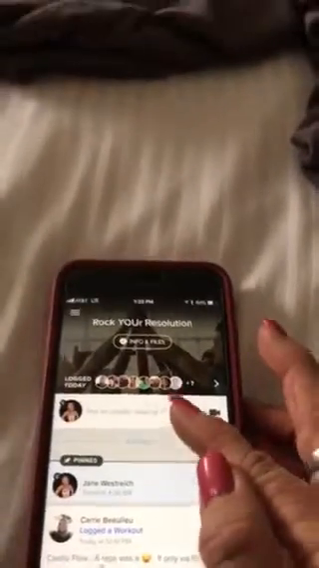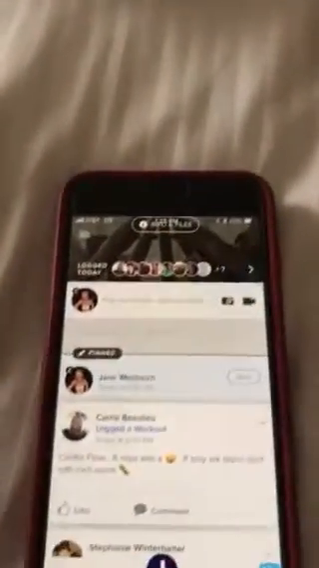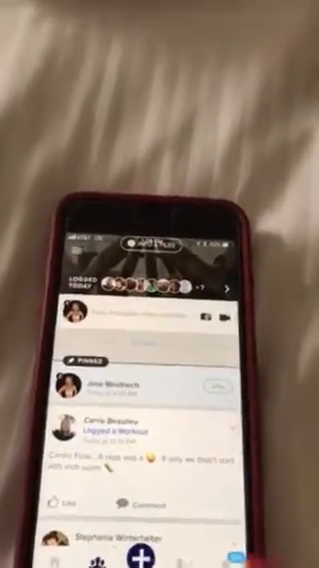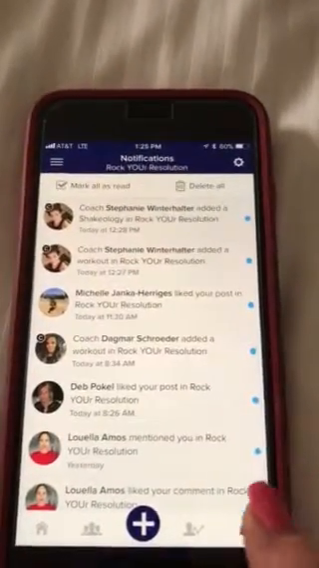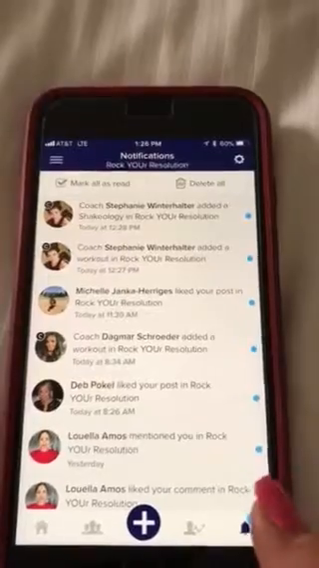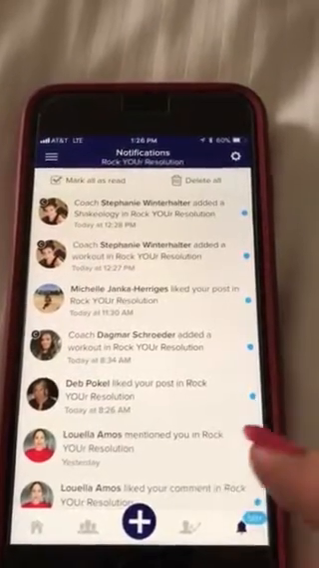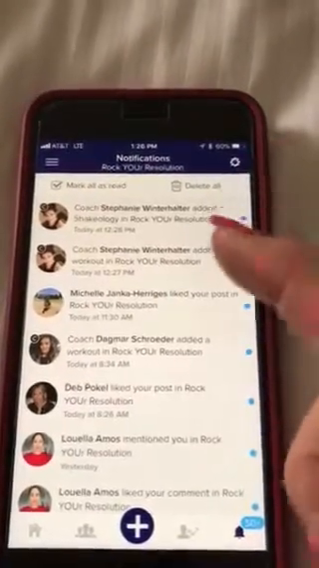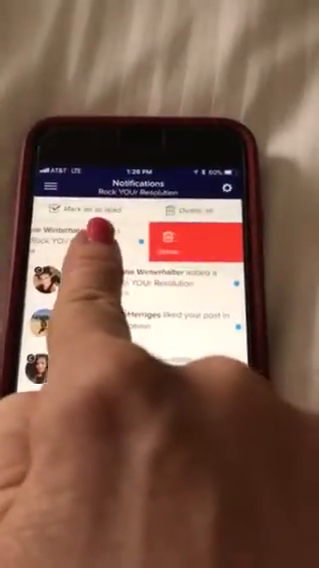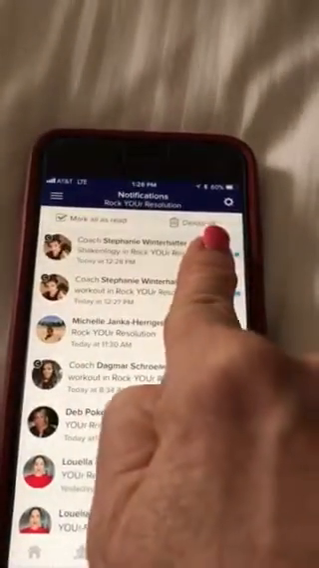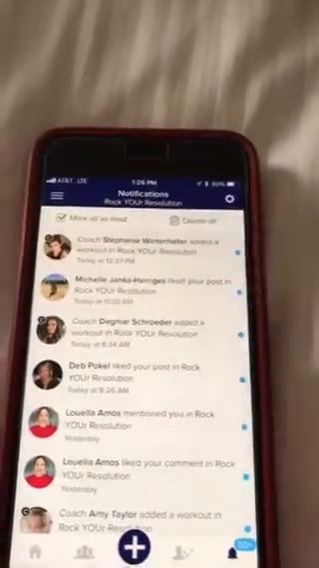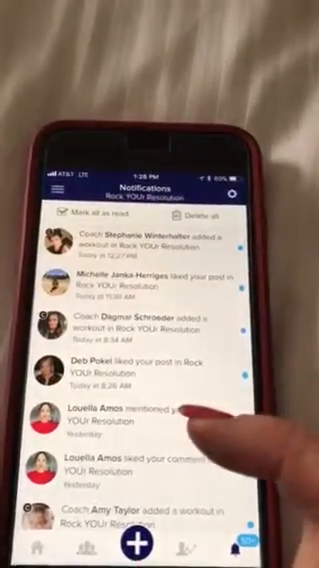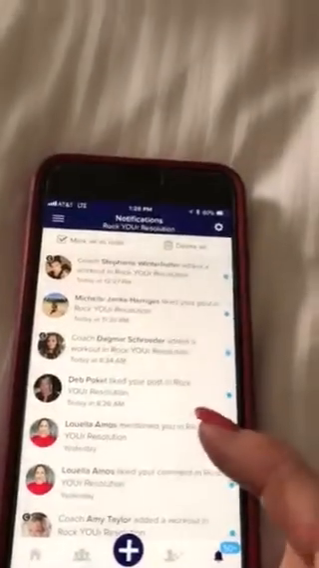So that's pretty much what I wanted to share with you. I hope that helps. By the way, on the bottom, I have a lot in here right now because I've been gone. We have a lot of people. You can mark these and you can delete them by swiping. See? You can swipe to delete. You could hit delete all. So like this one, Luella mentioned me, so if I wanted to go look at that, I would just come here